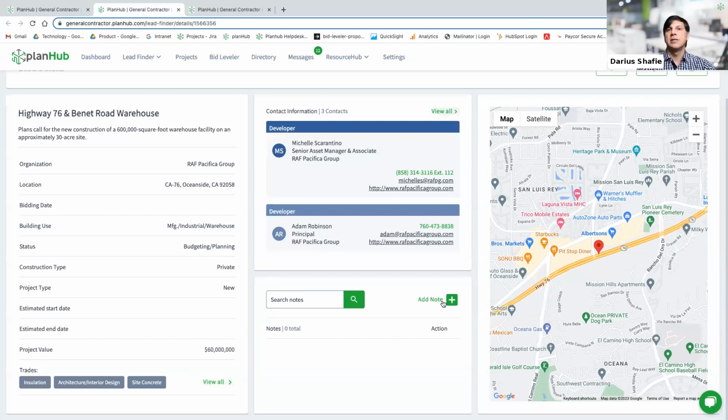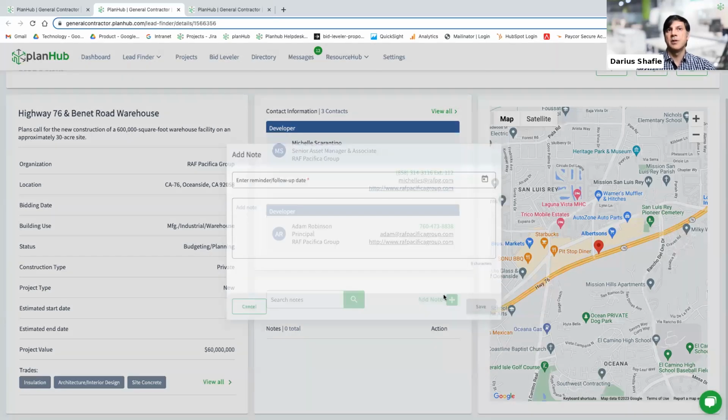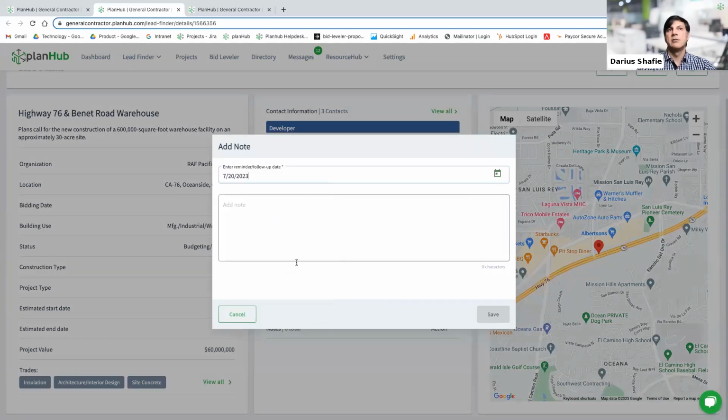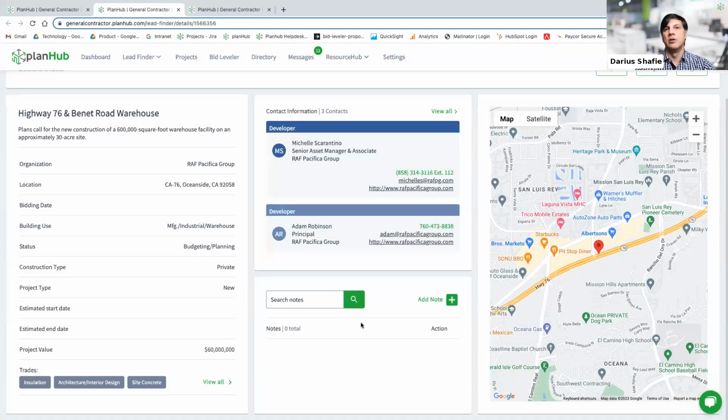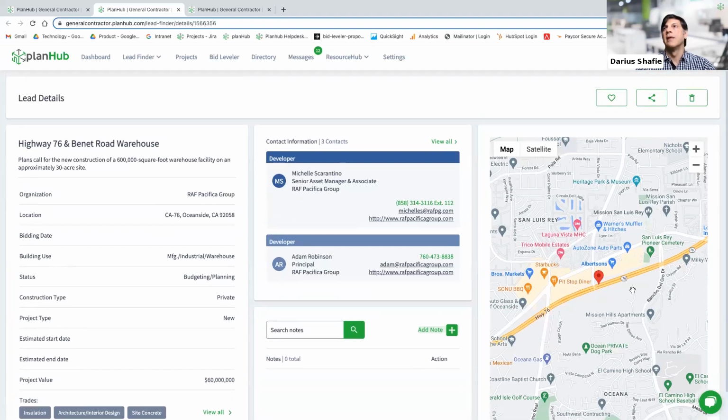And you can also take a note. You can click this button. You can take a note, put a reminder date for yourself. Let's say, call contact 1. I'm not going to save this because I'm in production, and that's actually a real account we use. So I'll just go ahead and hit cancel. But if I had done that, the note would appear down there, and you can also search within your notes.